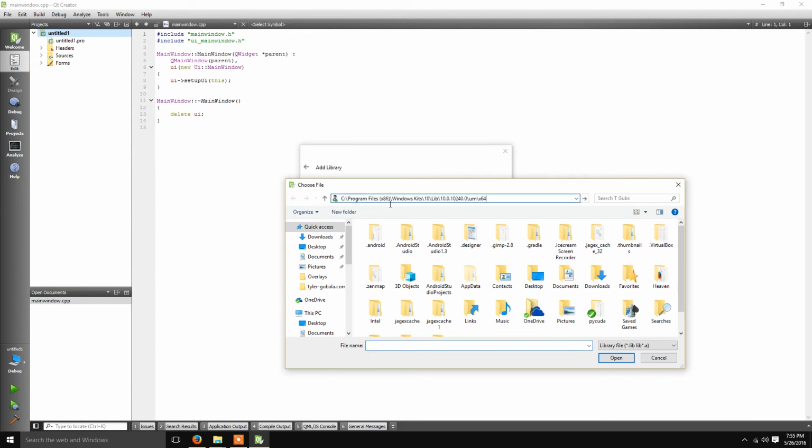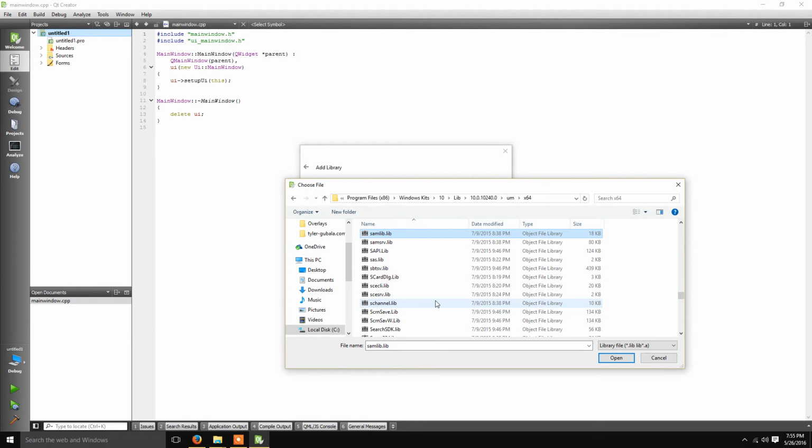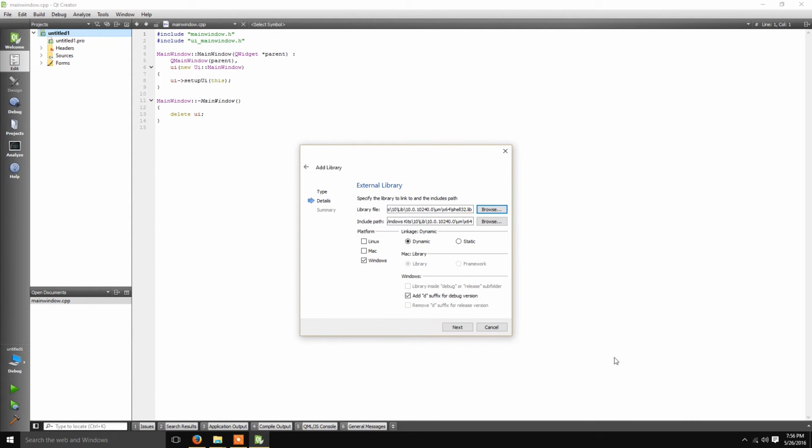straight into here. Hit S to get down to the S's. Just scroll down and get that shell32.lib in there. And you're going to see that it's going to automatically fill in the library file and the include path. If you didn't select the right one, it actually will not fill these in and you will not be able to hit next. So that's going to be something that you're really going to want to be paying attention to, is that you select the correct